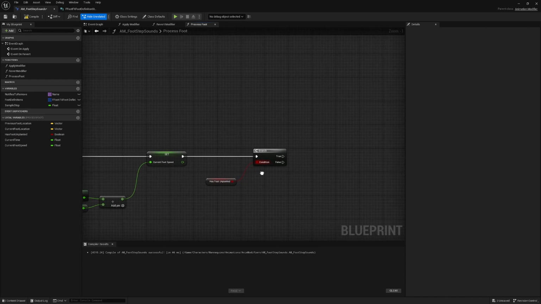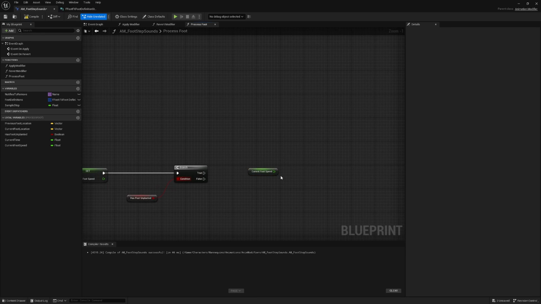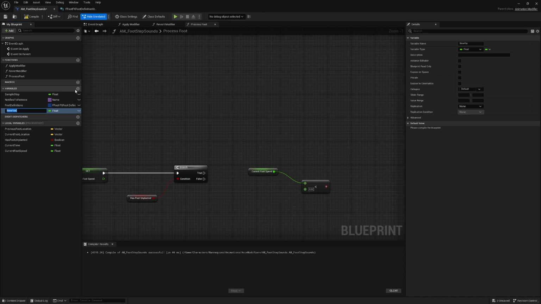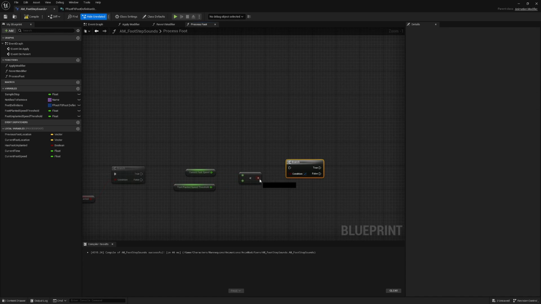If our foot is unplanted, we're going to check if our current foot speed is less than a setting that we're going to create now. We're actually going to create two of them. Two float settings, that is. One which is going to be named foot planted speed threshold. And the other is going to be named foot unplanted speed threshold. So if our foot is already unplanted, we're going to check if our current foot speed is less than our foot planted speed threshold. And if that is true,